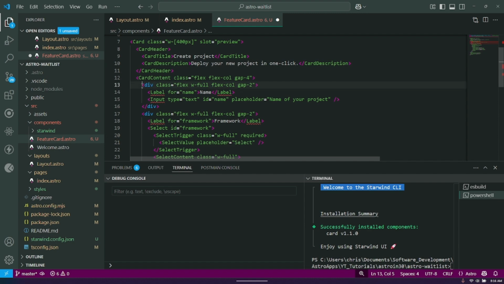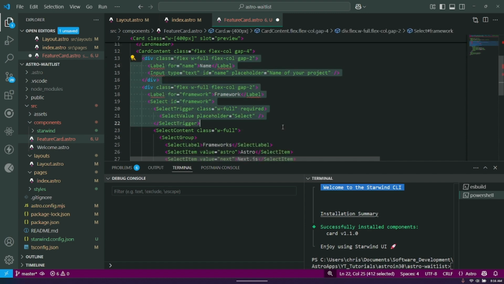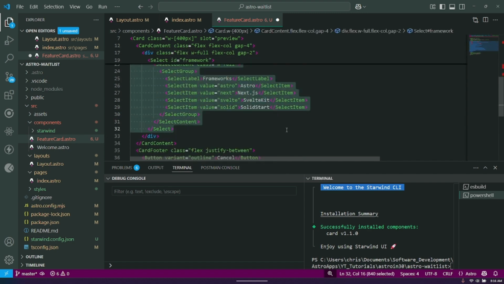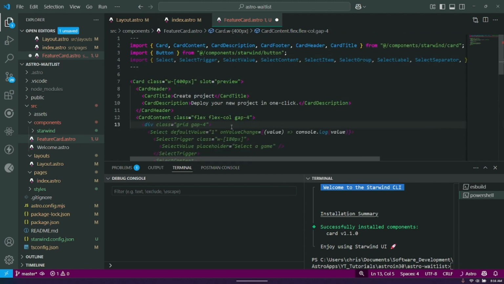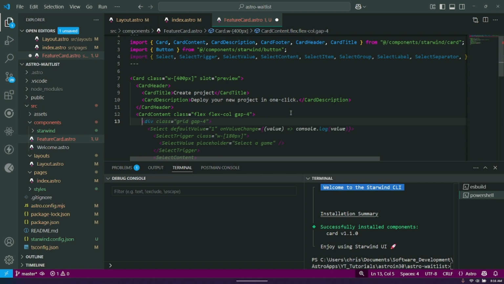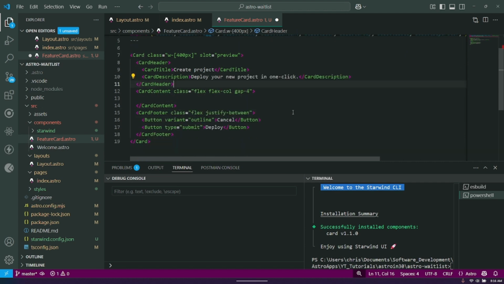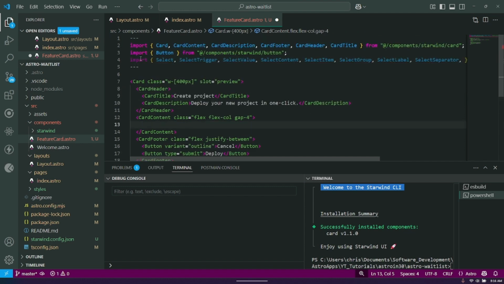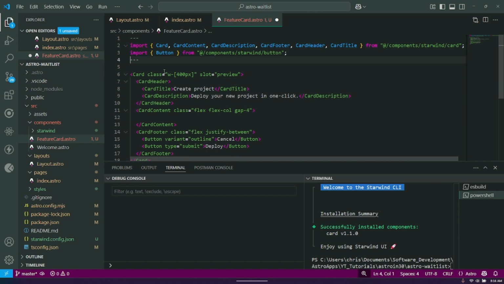We will get rid of all of that. We only need the card content, and we don't need this select. Okay,